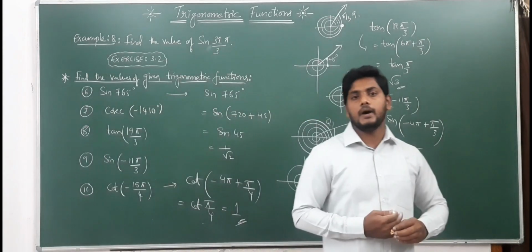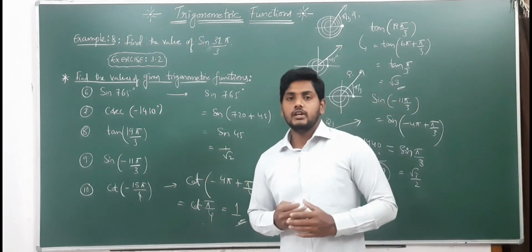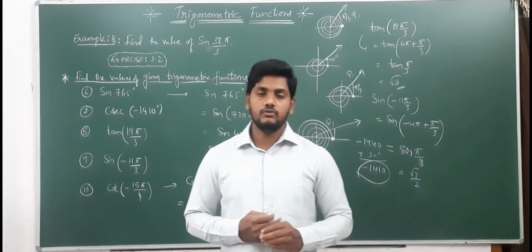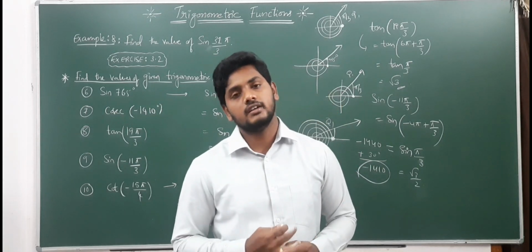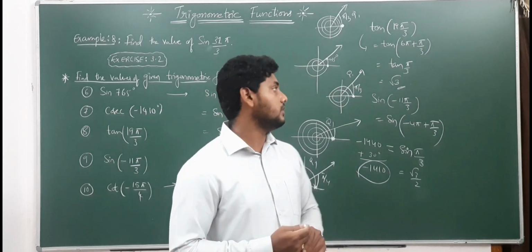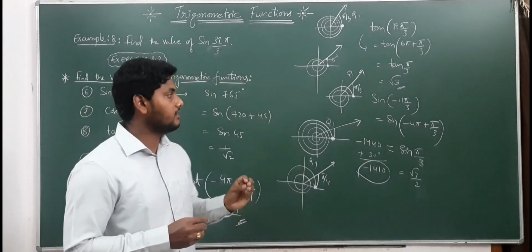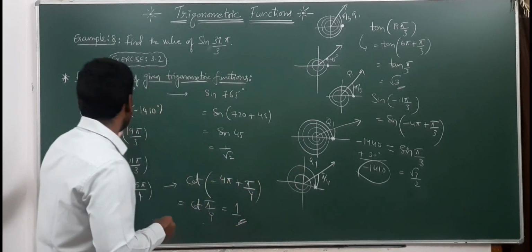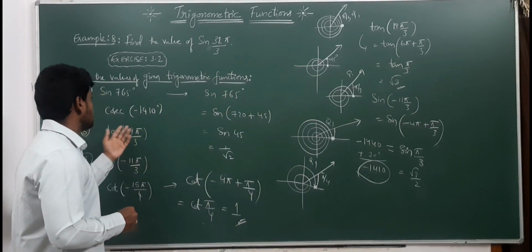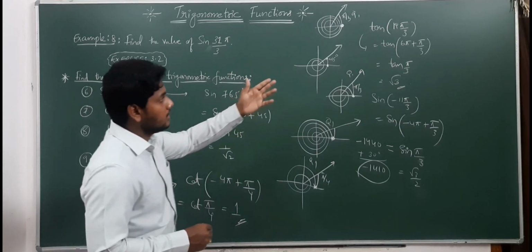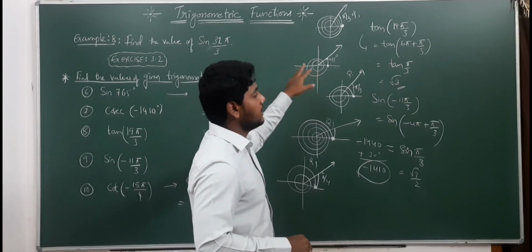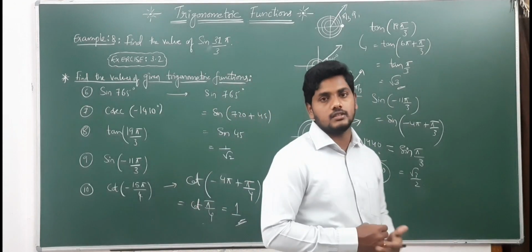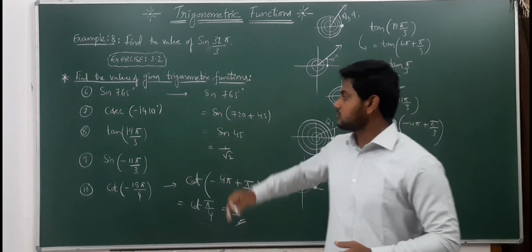Next, when it comes to part 2, as I said, we are going to do the cos of x plus y proof, which will come for 6 marks in your annual examination. That we will do in the next class. Until then, pause the video. I will give some questions based on this, on how to find trigonometric values by using all silver teacups, even angles, odd angles, even functions and odd functions. Pause the video and note it down.